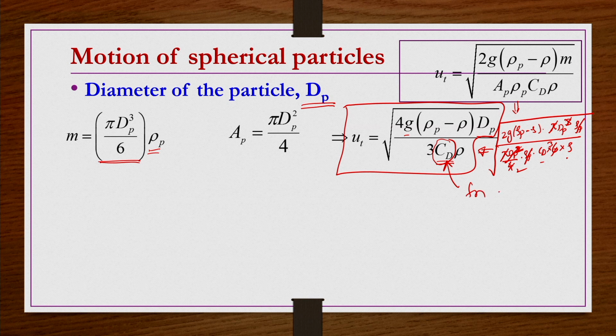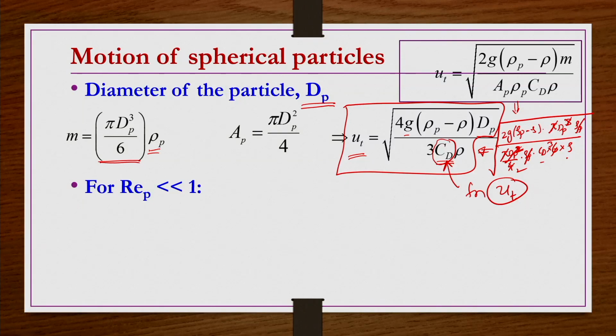So now, if you know the CD value, then it is fine, but if you do not know CD value, CD is again a function of u or ut here. So that is the reason we need to further do analysis, right? You can use this equation only when you know CD. In order to get this velocity, you should know CD, but again in order to know the CD, you need to know back this ut. So they are interconnected. Without one piece of information, you cannot get this value. So at least one of them should be known. If you know the u, then CD you can calculate. If you know CD, then you can calculate u. So that is what we are going to see. We do it step by step.